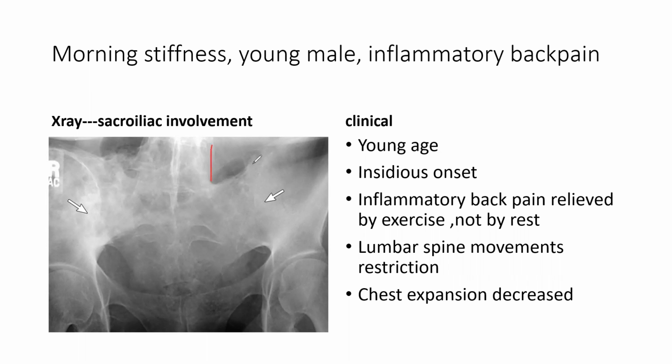So this is your sacrum. यहाँ से देखो sacrum, you can see this sacrum, and this is your iliac bone. So if you see this side, you cannot find the distinction of sacrum and ilium, because this sacrum and ilium got totally fused. Sacroilium fuse हो जाता है. So morning stiffness होता है, यहाँ पे हल्का दिख रहा है, but it got totally fused.